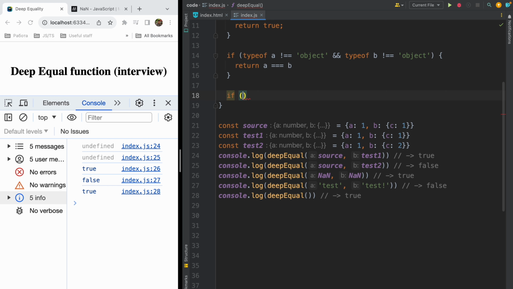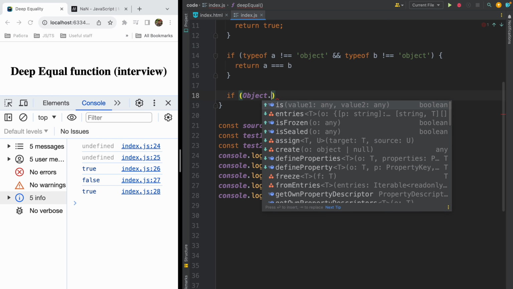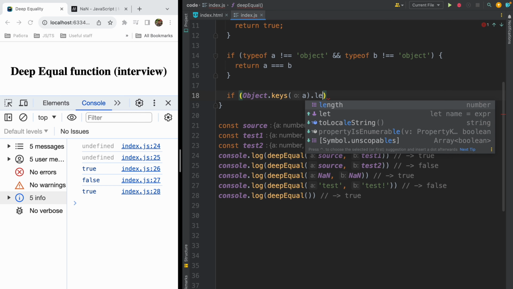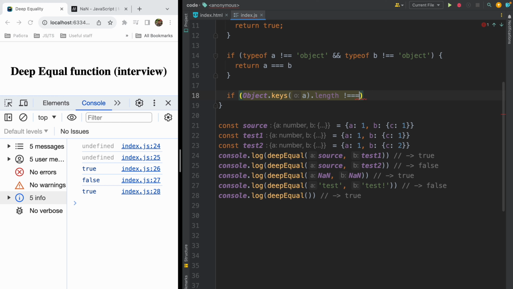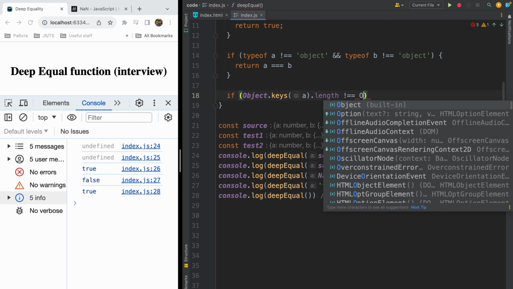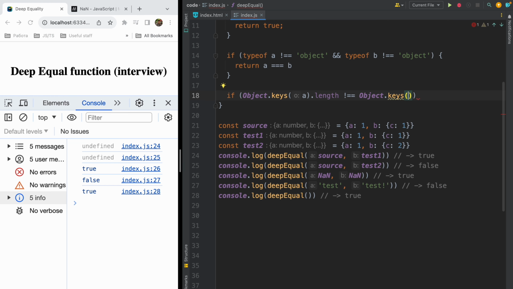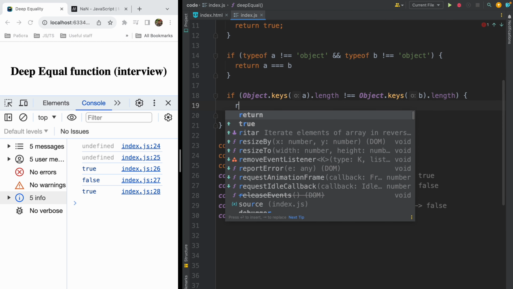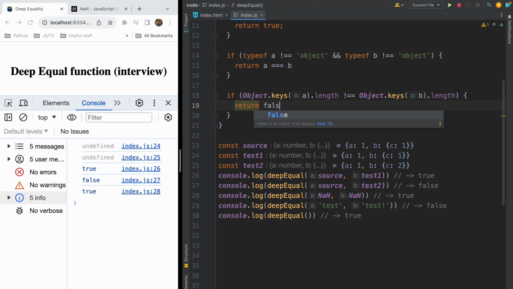So if Object.keys A length is not equal to